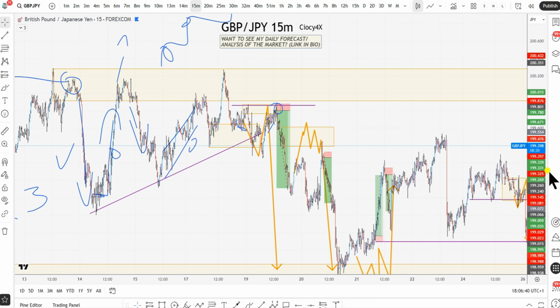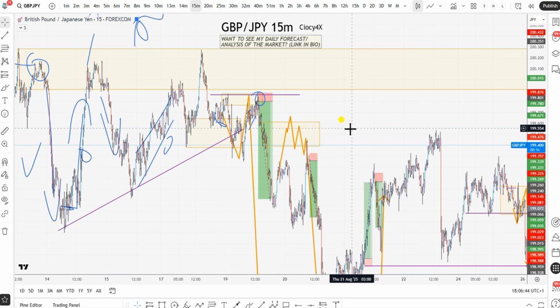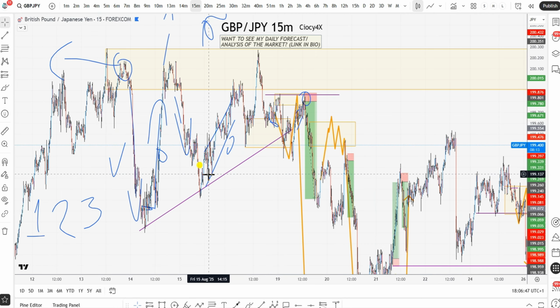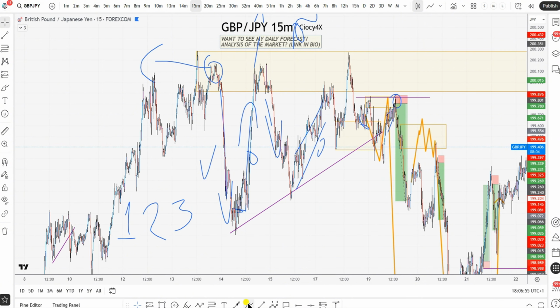But going back to this one, all I'm saying is that before I even pull the trigger, you guys see there is no trade in here. There is no trade in between here. There is no trade, and that's something that a lot of people fail to understand. This is the third tip I'm giving you today, which is learn to be patient.